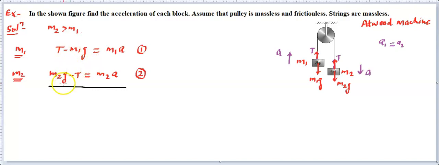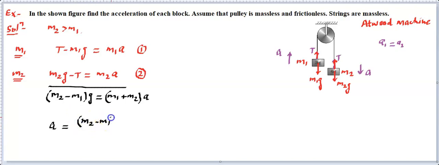Now let's add these two together. When you add these two together, you'll find m2g minus m1g, so it becomes (m2 minus m1) into g is equal to m1a plus m2a, that will become (m1 plus m2) into a. So this is kind of a result. You need to remember a is equal to (m2 minus m1) into g divided by (m1 plus m2)